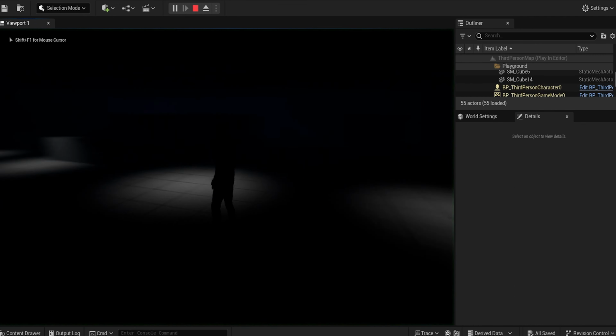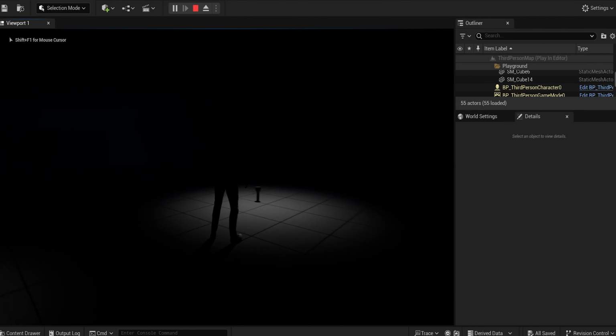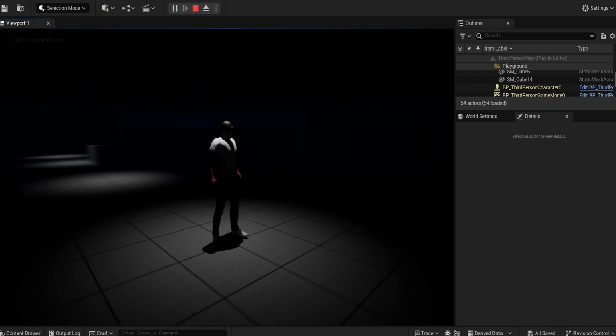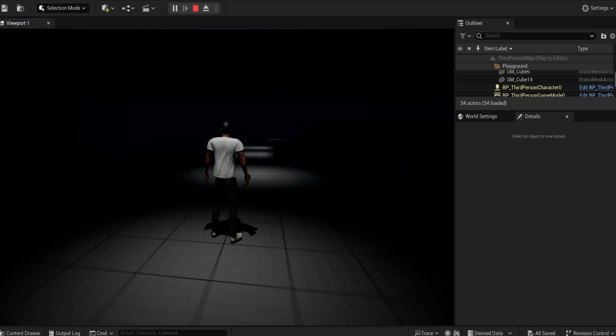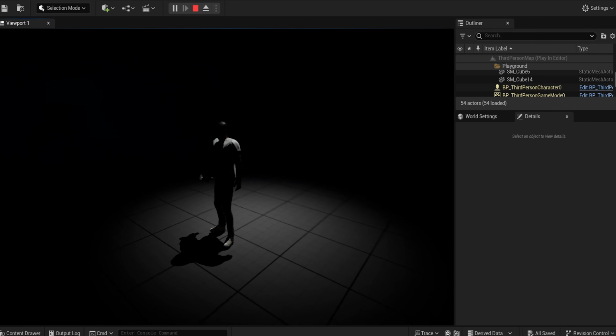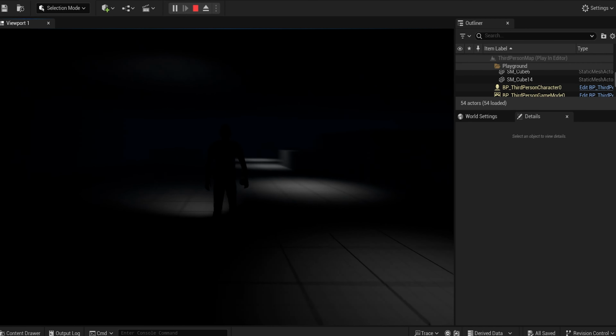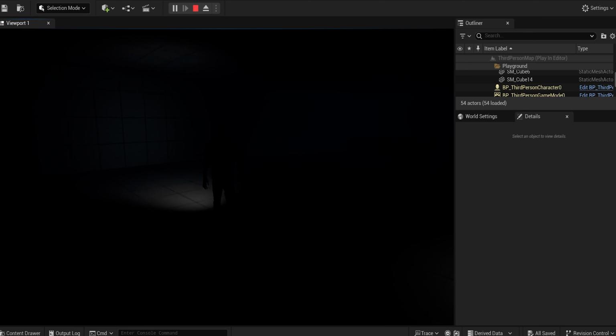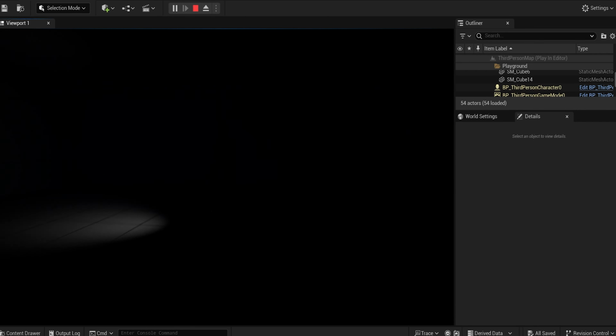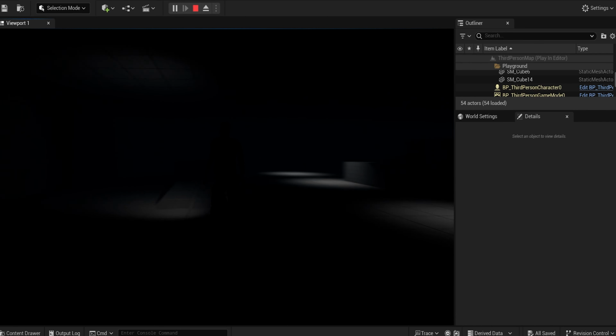Play. Alright, so I walk over to the flashlight. Now I've got it in my inventory. Let's press E. Now it's in my hand. Now let's press F to turn it on. And let's see if it works. Alright, so it does work. Now, here's one thing that